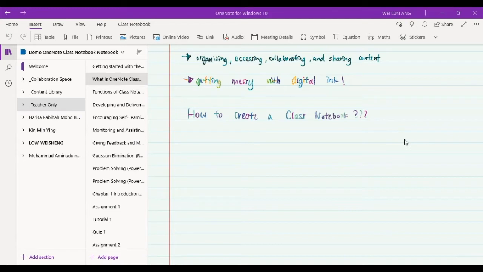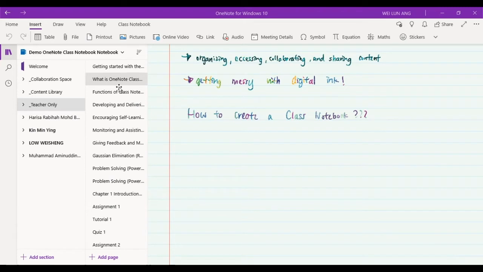Then the next thing is that you enter this interface, and if the class notebook tab is already present here, you can set up a OneNote class notebook directly. But if this tab is not appearing here, you can go to the plus symbol here. Just click on the plus symbol and look for the icon of OneNote. Once you click this icon, the class notebook will automatically appear in the tab here.